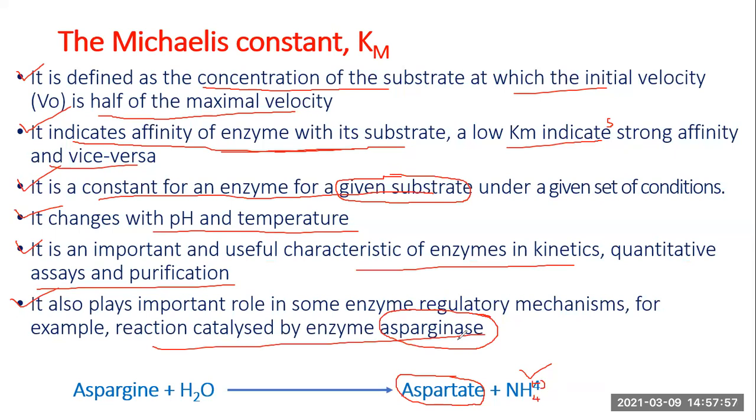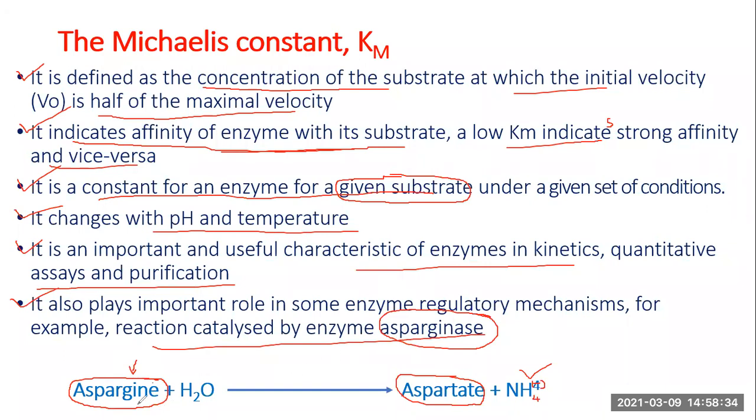So the puzzling question was, why so? Because the enzyme remains the same, it catalyzes the reaction, but why can asparaginase from only a given source prevent the growth of WBCs and not asparaginase obtained from other sources? So the answer lay there. I'm explaining this, that asparaginase acts on asparagine. This asparagine is the substrate for the growth of WBC. Okay, and this asparagine is present in very low concentration in the blood.